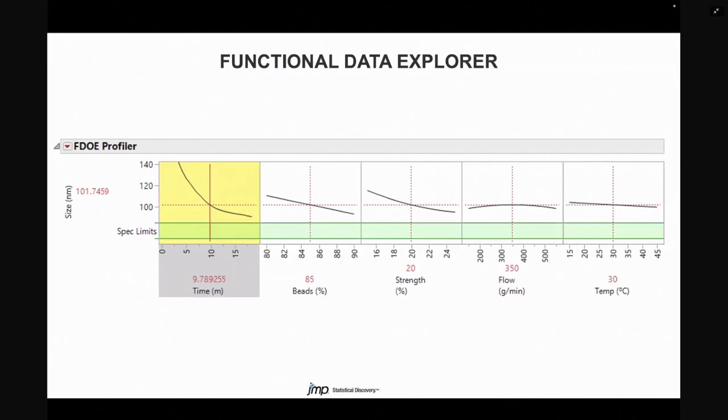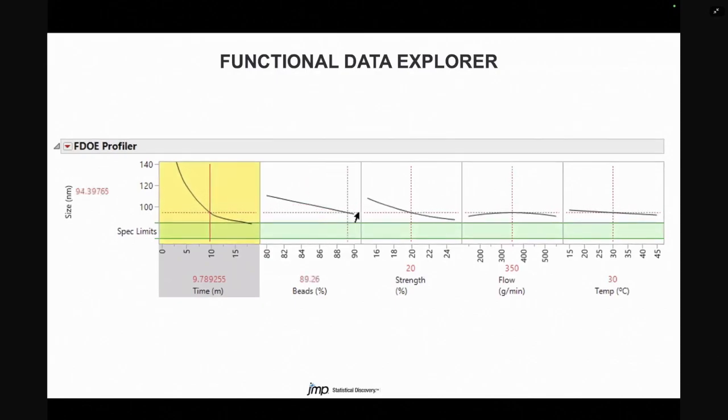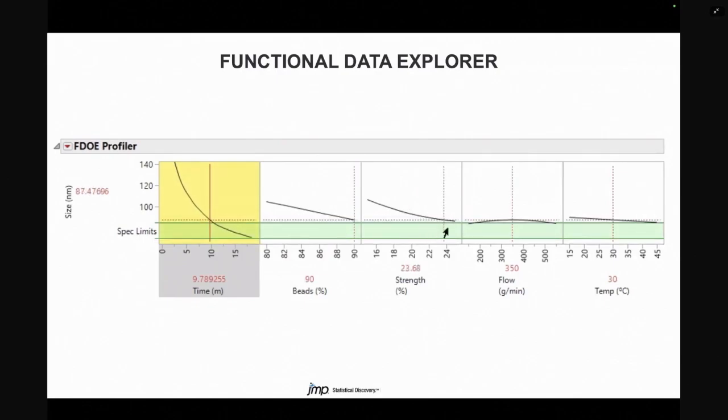So this is an example of what the final model looks like. If you increase the beads, you're going to get closer to the spec region, but it seems to be not quite early enough, assuming that you held the other two at their average values. If you adjust the strength, you're going to get into the spec region earlier, but it looks like you might end up going out of spec too quickly